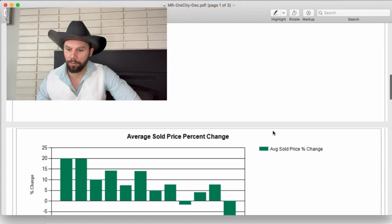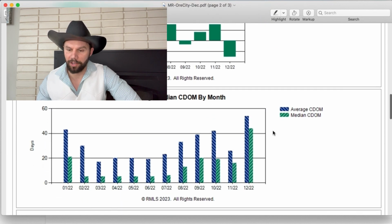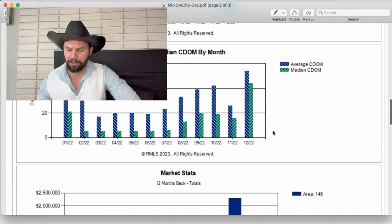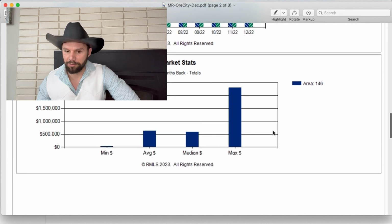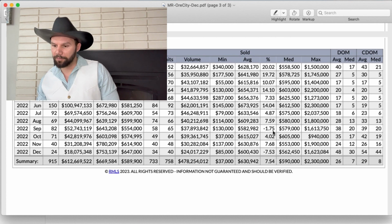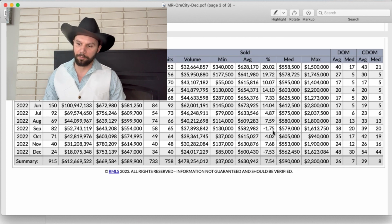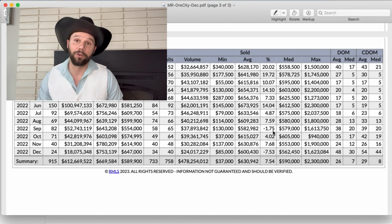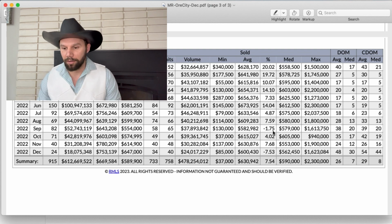around Oregon City. Days on the market looking a little bit better, maybe like 56, 57. And let's go down and take a look at the chart. 54, okay, 54 days on the market. So these houses down here in Oregon City are sitting on the market for about 54 days before selling. And